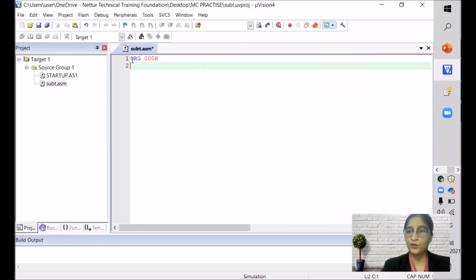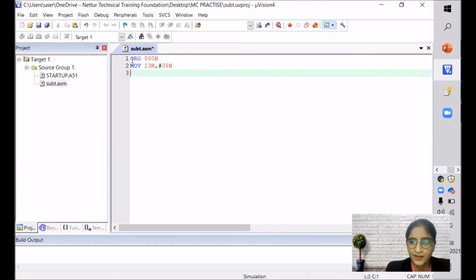So we need to follow the same. So we'll be taking first data, MOV. The location was 13H. This location, they are asking us to store the first input. So comma, now we are taking data. So we'll put hash. You can take any data. So we'll be taking 8H, enter.